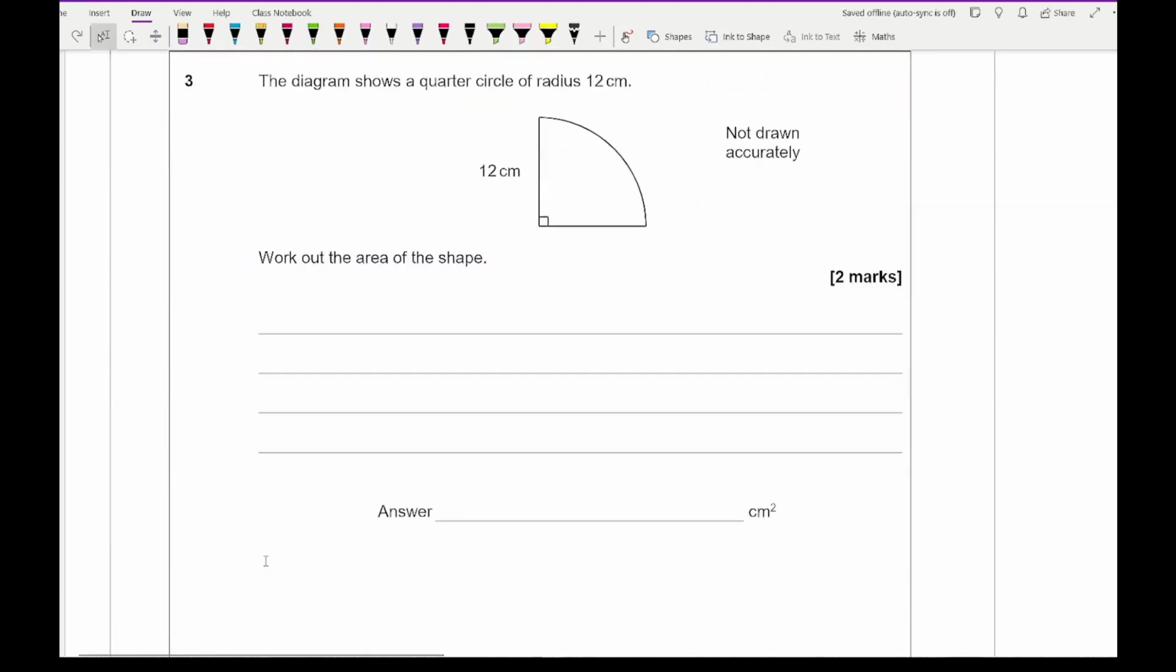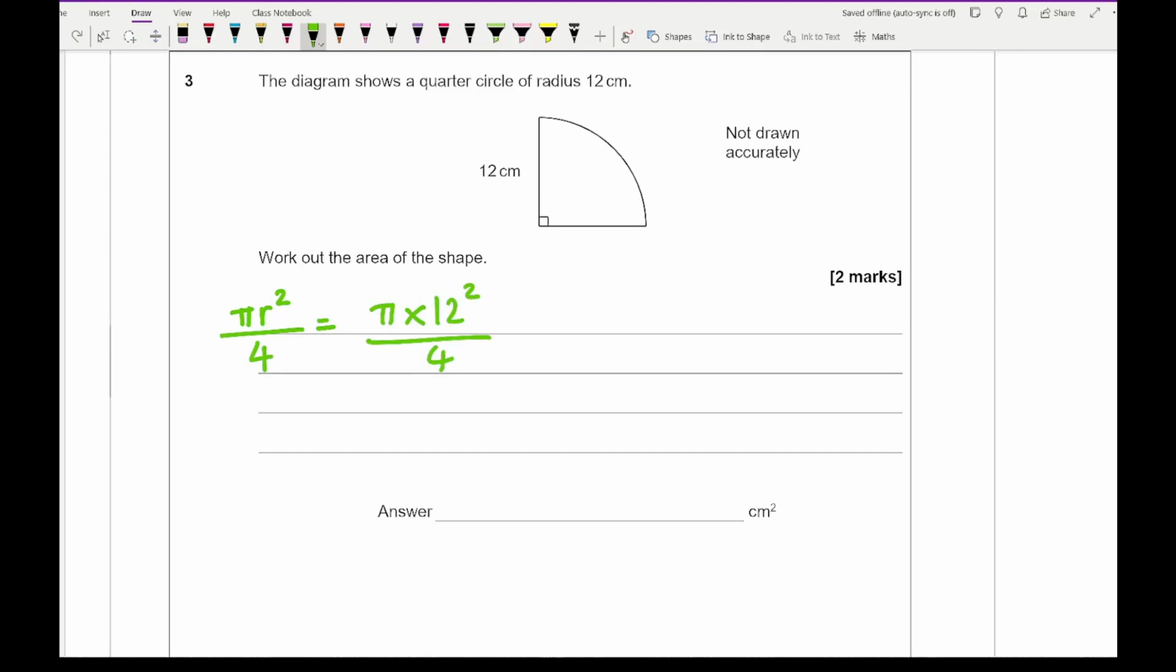Moving on to question 3, it says the diagram shows a quarter circle of radius 12. Work out the area of the shape. Well, as this is a quarter circle, that's the formula for the area of a full circle. So if I divide that by 4, it'll give me the area of a quarter circle. So it's going to be pi times 12 squared, all divided by 4. And again, if I stick that into my calculator,